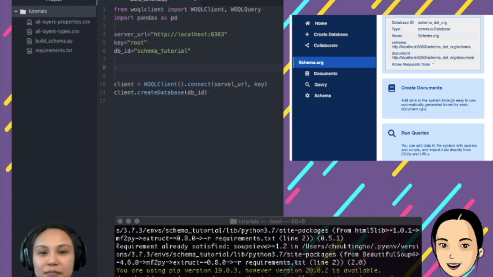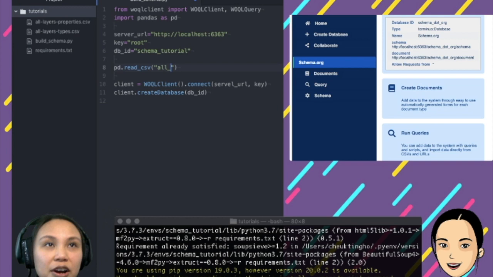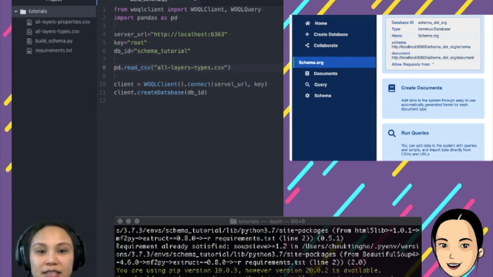We would basically read the CSV using pandas. So pd.read_csv. I want to read in the types first, because type is the object if we want to construct them. Or it actually doesn't matter that much, but you will know why later. I want to do things really structured, so I won't be too lost when I'm looking at my code. That's why I always try to do things systematically.